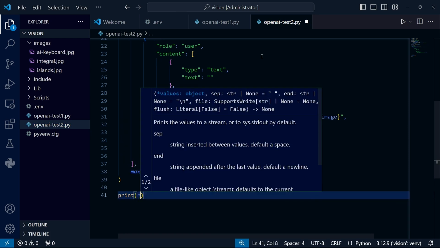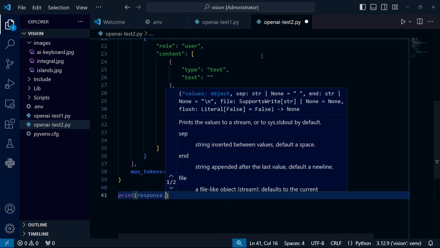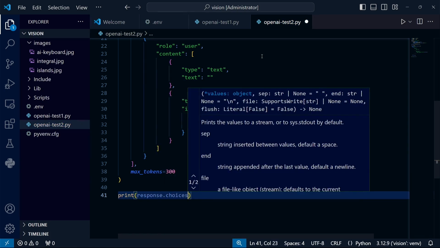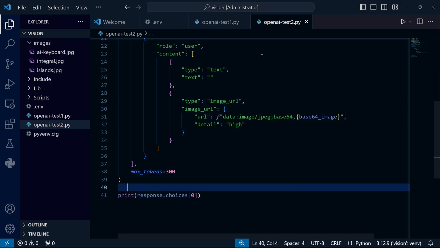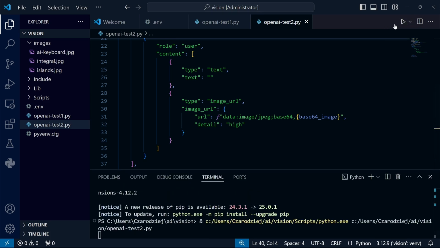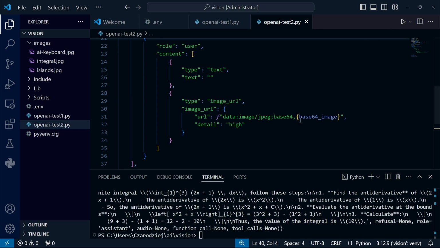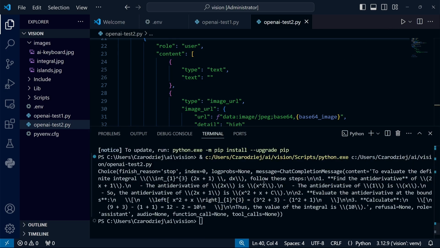This time, I will print a little more than just the content as before, but it should still be possible to read the result, only the object itself will be somewhat redundant. Let's see if I haven't made any mistakes and if the program will execute correctly. Yes, we have the result. Although it is a bit less readable because instead of new lines we have \n markers, but if we look at the final part, the integral is indeed calculated and we obtained the result of 10.